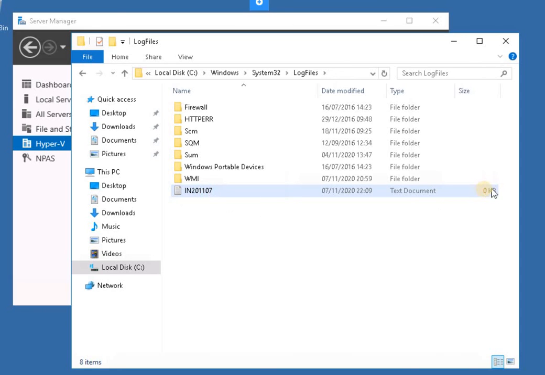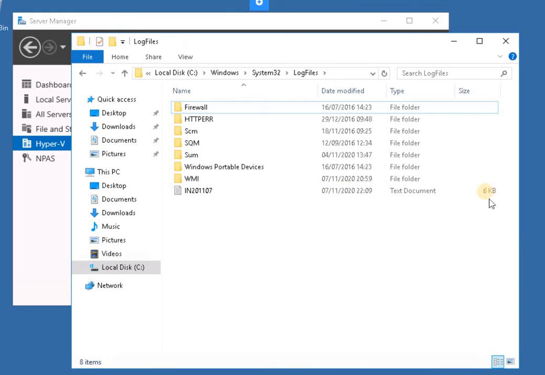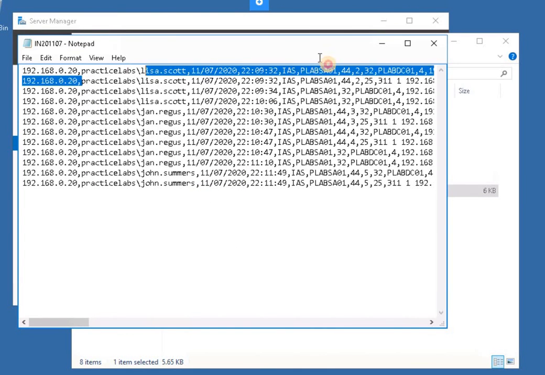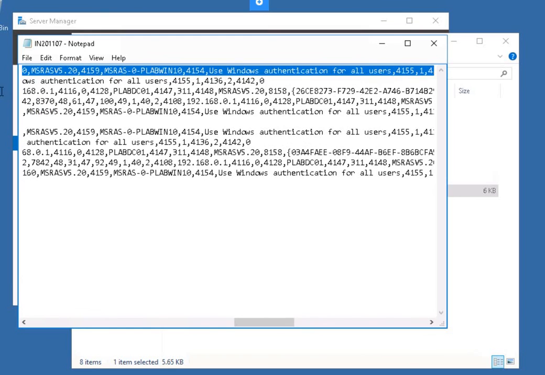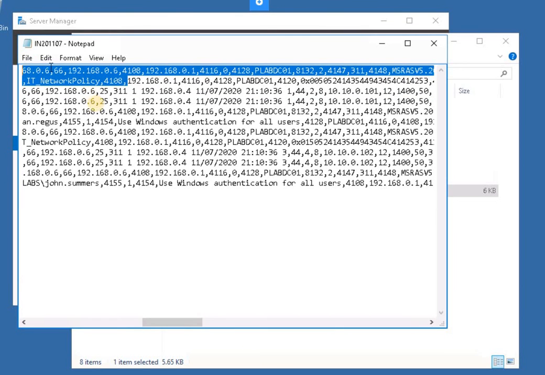Okay, so you can see here the 0 KB. So I'm going to just refresh. So now you can see here 6 KB, right? So just double click. You can now see here the logs of what we performed to log in. So the history of logs here. Okay,